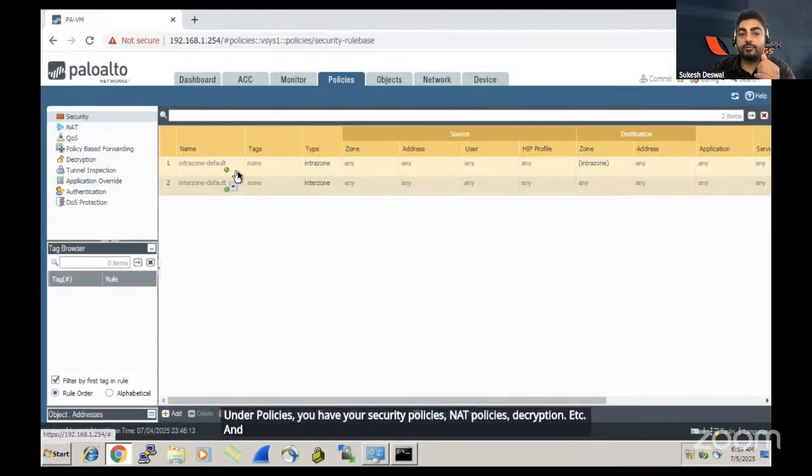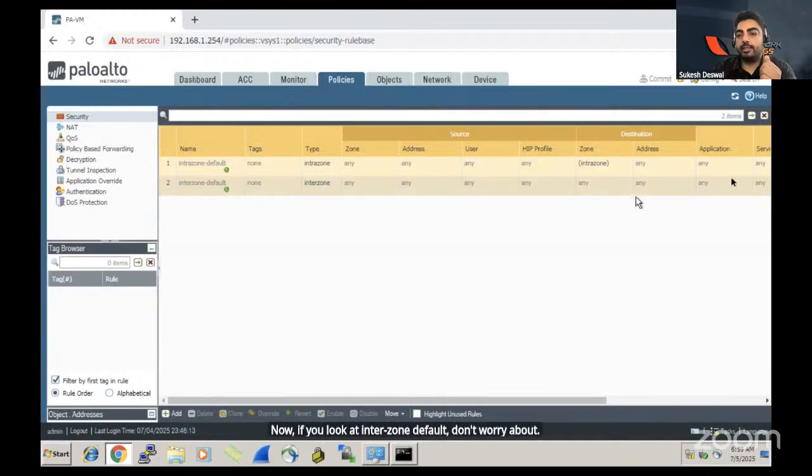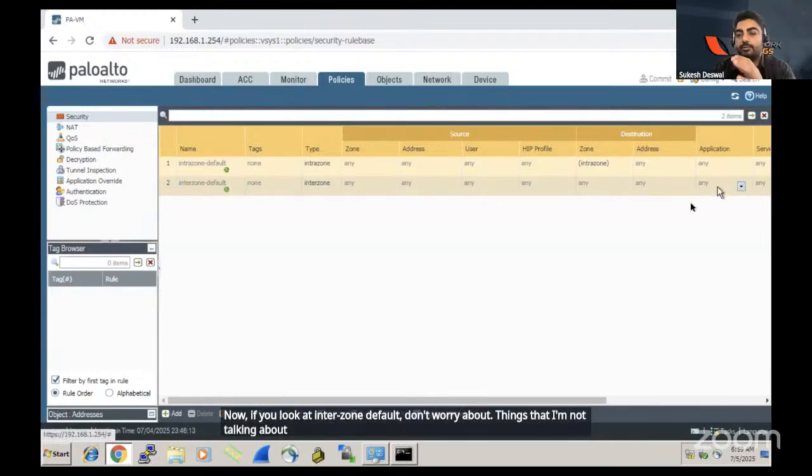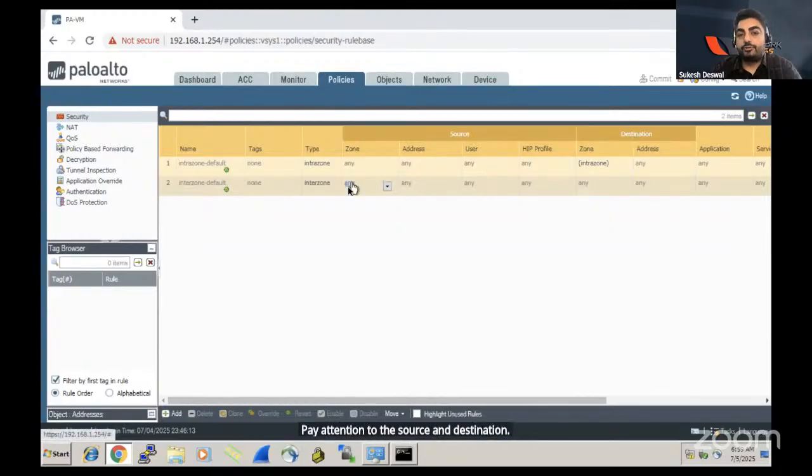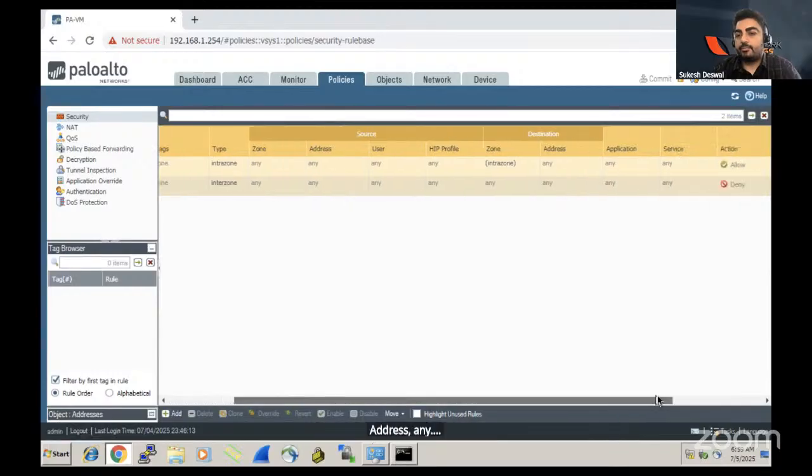And this is what I was talking about. You have two default policies there on the firewall, intrazone default and interzone default. Now, if you look at interzone default, don't worry about things that I'm not talking about here. We will talk about them later. Okay. Pay attention to the source and destination. Source zone, any, address, any, destination zone, any, address, any. What is the action? It is deny,